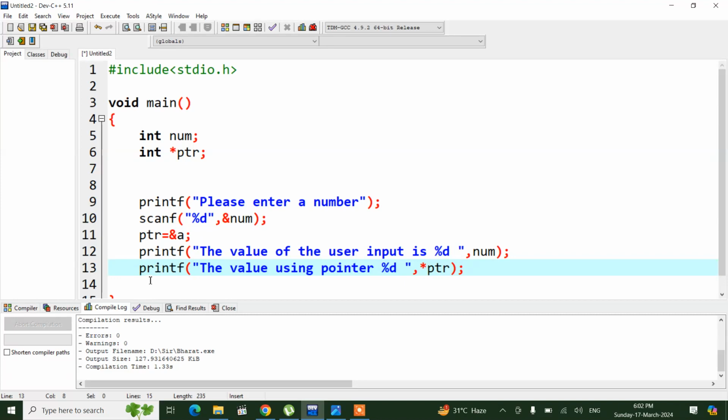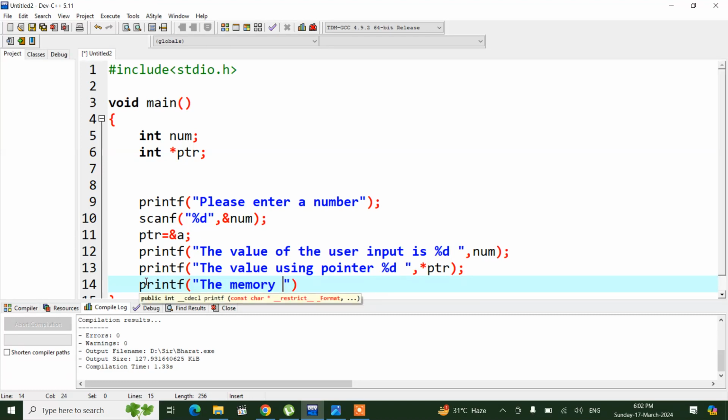I will be writing printf. So I will be writing again printf, the memory location of user value, and I will be writing %p to print the address, comma, I can use it by writing ampersand num, and in